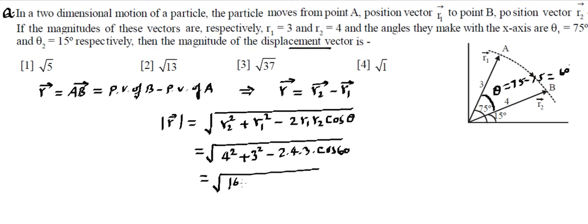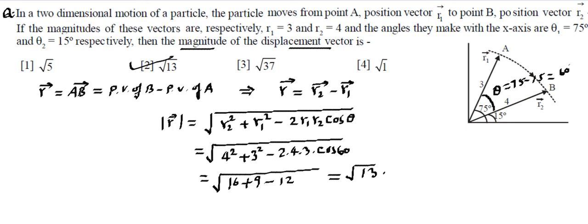So it's going to be 16, then 9, minus, cos 60 is going to be 1 by 2. That 2 will get cancelled out, and 4 into 3 will become 12. If we simplify this, 16 plus 9 is 25, minus 12 gives 13, so the answer will be the square root of 13 units. And we need to check if the option is available. Yes, available, that becomes our answer. Making sense? So here we have used the concepts of vectors that we have learned. First, the displacement vector, then subtraction of two vectors and their magnitude. Since they were asking about the magnitude, we directly wrote the magnitude, and that's our answer.